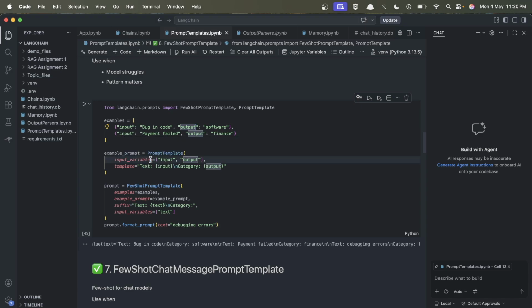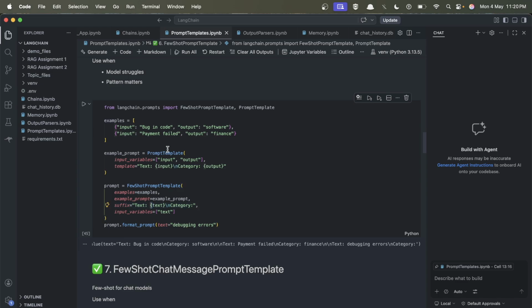I'm just telling the LLM that whatever examples I am providing, they follow this particular prompt template. So this is the example prompt template which all the inputs will follow. Then I will be providing my actual prompt. Here I have provided an input variable called text, which follows the same thing, right? In this template, I am providing this text input and then category output, right? So the same thing I will be following here,